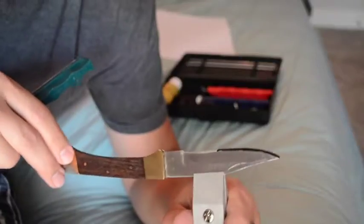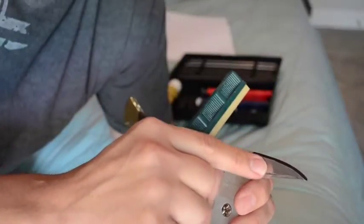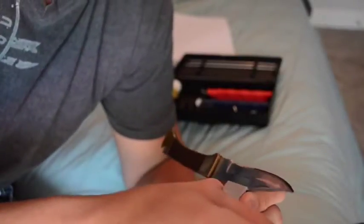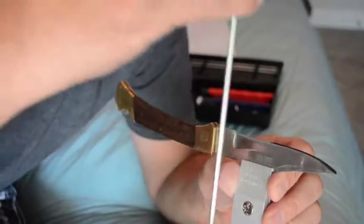Okay, here's another quick little tip for you. If you're having trouble determining whether or not you've got your blade reprofiled properly, you can take a bit of Sharpie and just put it right on the edge of the bevel. Come back with your stone, hit it a few times, and you'll see where it's actually wiping the Sharpie off the blade. And if it's not wiping the whole Sharpie off the blade,